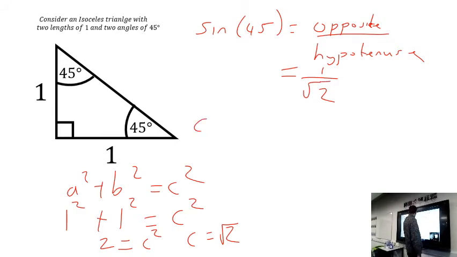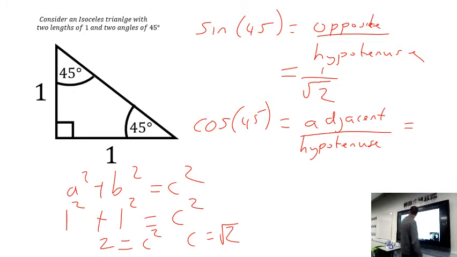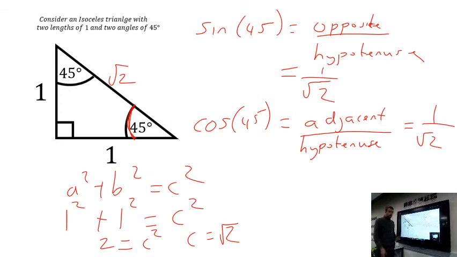Also for cosine 45, this is equal to adjacent over hypotenuse. So this is going to be adjacent here. We use this angle here. Use the other one, it doesn't matter. This is our adjacent. Adjacent is 1, and the hypotenuse is square root of 2. So interestingly, sine 45 is equal to cosine 45, and then we have tan 45,